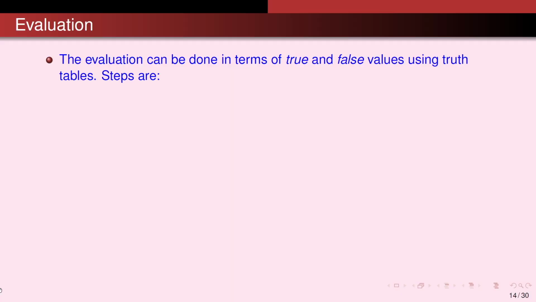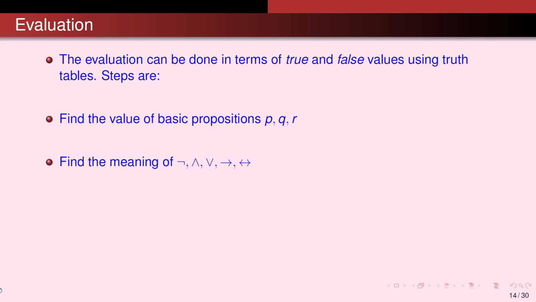Remember, we talked about the proposition facts. So, anything that is a fact can be evaluated in terms of true or false. This actually forms the semantics of the proposition logic. So, the steps are: find the value of the basic proposition. Suppose the proposition is in the form of P, Q and R. So, you find what is the meaning behind it in terms of the proposition, and that can be evaluated to